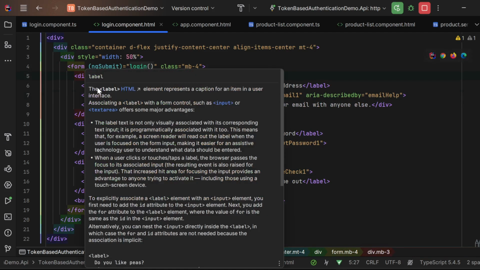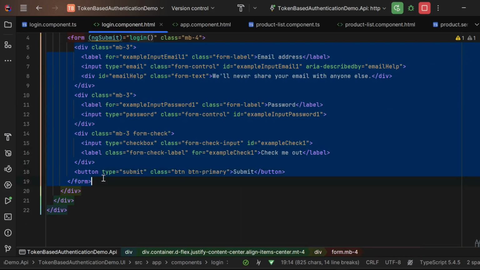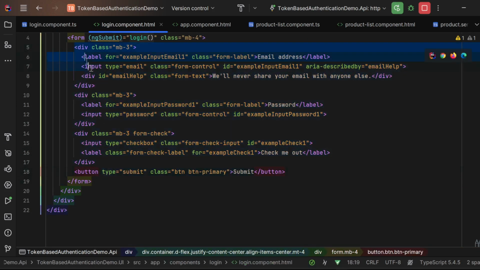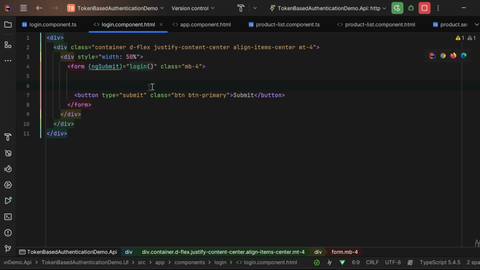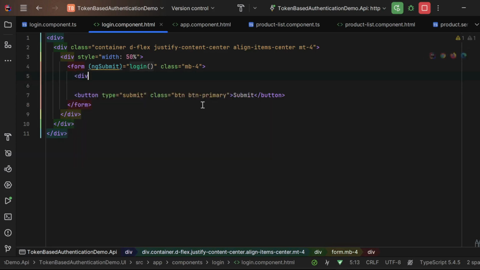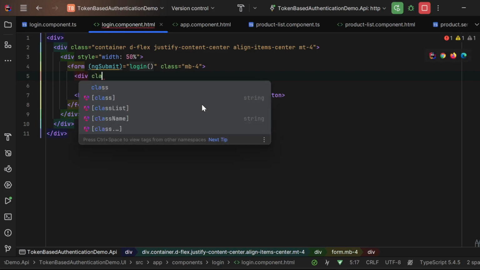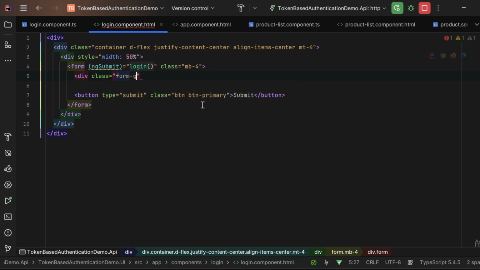And now we have to change this a little bit, maybe remove this at once, div class, this one, this one, this one. We'll just leave this submit button, but we'll just type div, class with this form group,